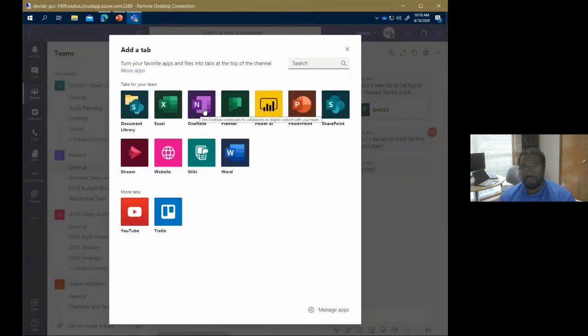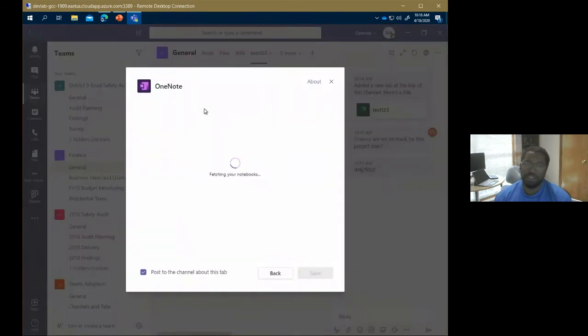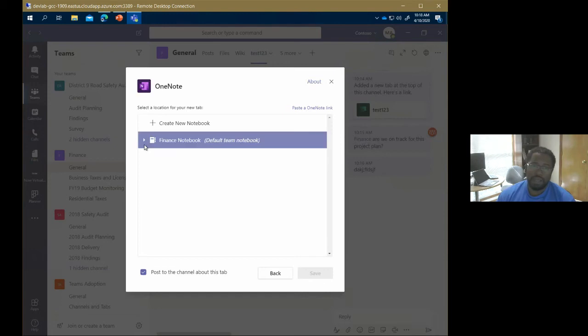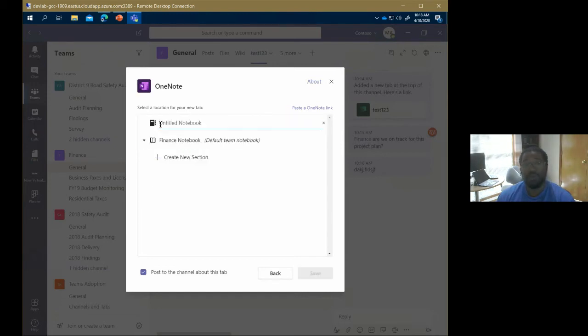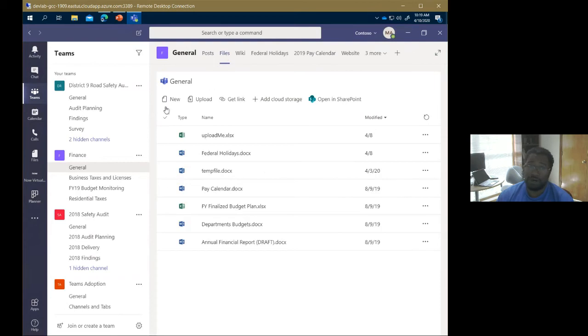OneNote is a fan favorite for many people, and it took a while for that to get to Government Cloud, but it is here. And of course, again, it is also a lot more than just a window. Obviously, it knows about all of the notebooks that I might have access to, but also lets me create a new one right from this tab as well. And that's pretty useful because if I go to the files area on this new button, I don't yet have a new OneNote thing; that's coming.